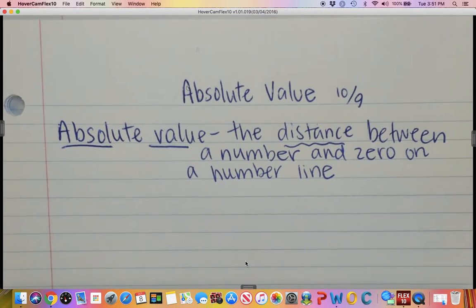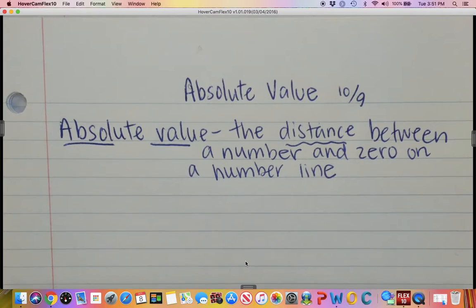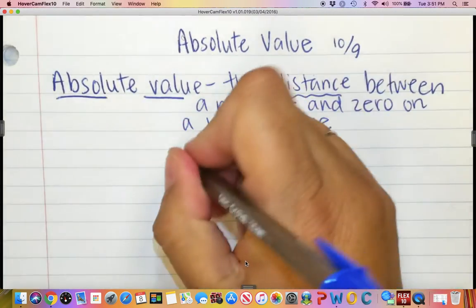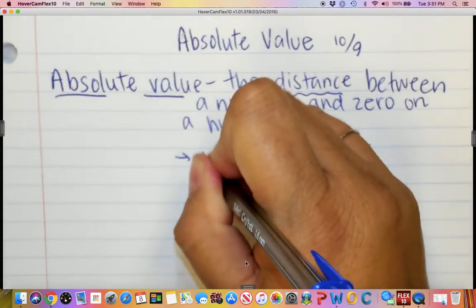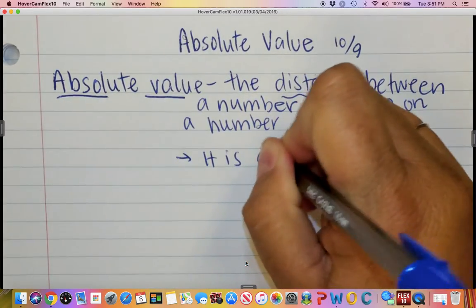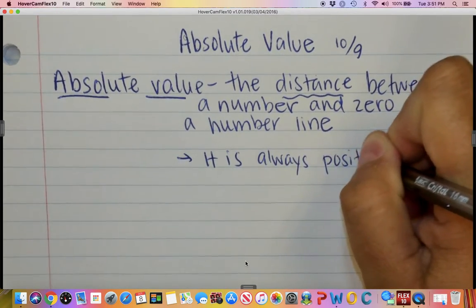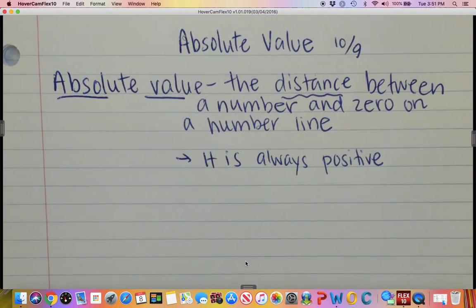The distance between 0 and a number on the number line. Two things about absolute value that are always true is that it is always positive. The absolute value of a number is always positive,